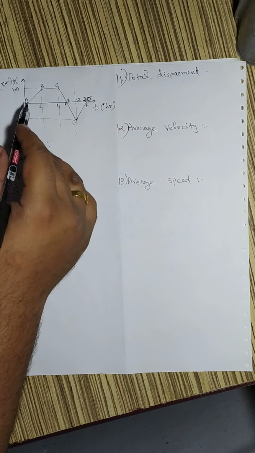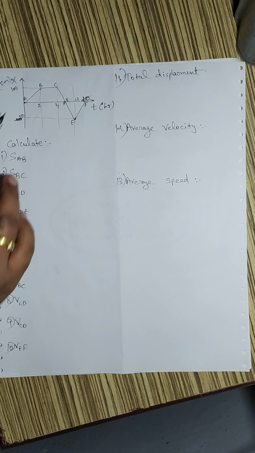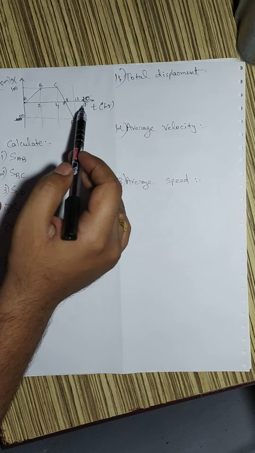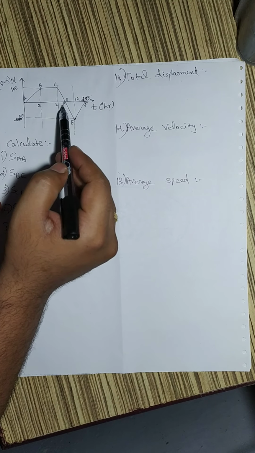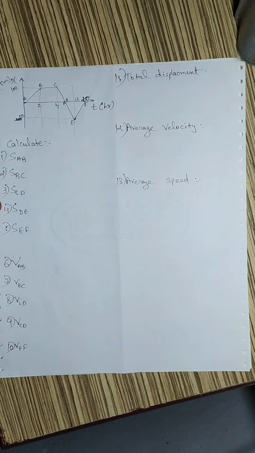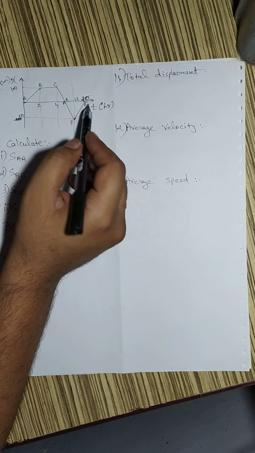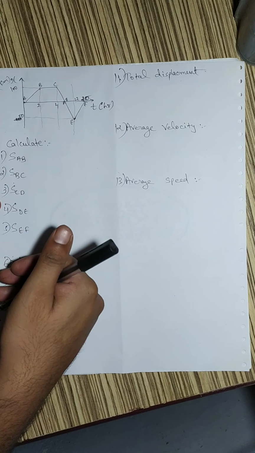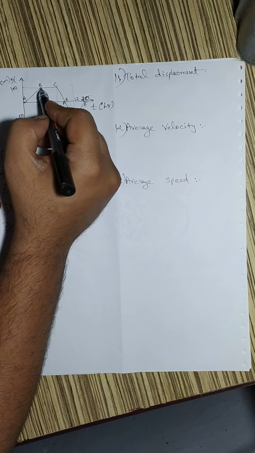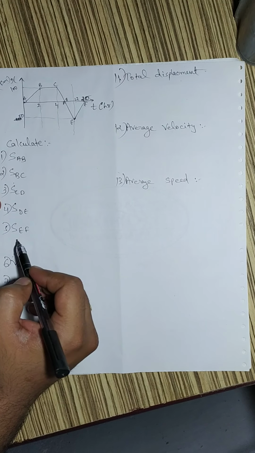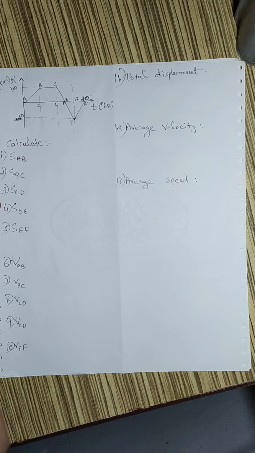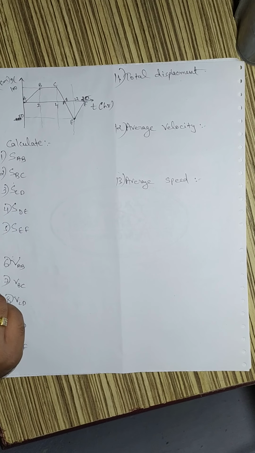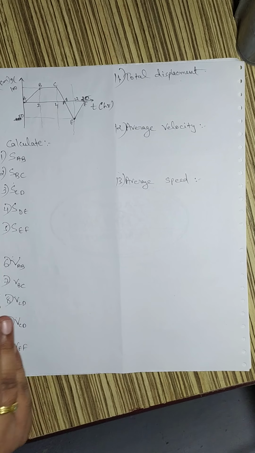Continuing with the position-time graph, let's take one more question. This is also a position-time graph. Position is given in kilometers and time is given in hours: 2, 4, 8 hours, 12 hours and 20 hours. Since this is a position-time graph, as per the concept we can calculate two things, displacement and velocity. For every part we can calculate the displacement, and we will also calculate the velocity. By doing so, we'll understand the position-time graph and one-dimensional motion in much more detail.